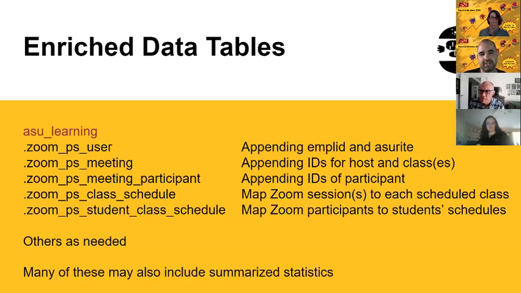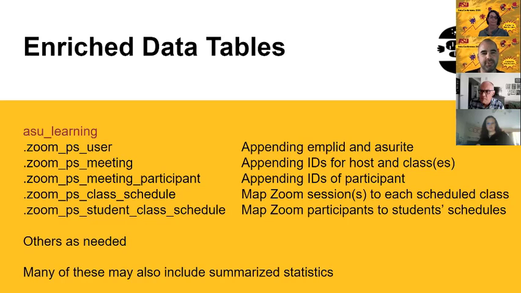And then we kind of tweak things a little bit, and instead of focusing on here's the Zoom data and pulling in PeopleSoft data, we're going to take PeopleSoft data and pull in Zoom data. So with the Zoom PS class schedule, for instance, we know when classes are supposed to occur. So we'll have a table that just shows you all the classes and when they're supposed to occur. And then we're going to bring in the Zoom data. So you'll see, oh, this Zoom meeting ID was, you know, the actual occurrence of this class.